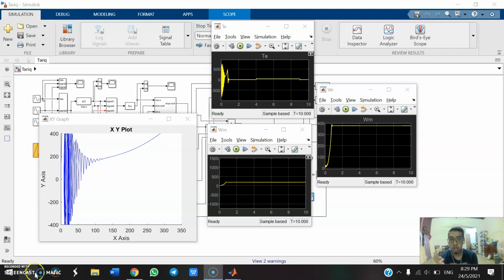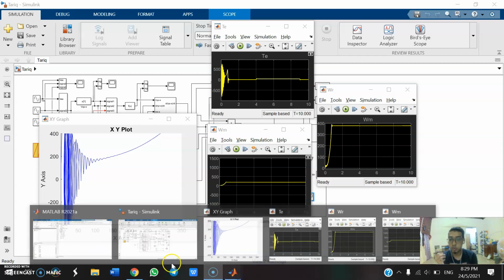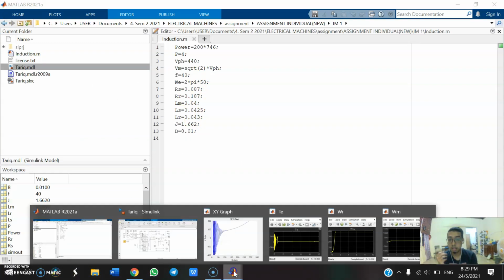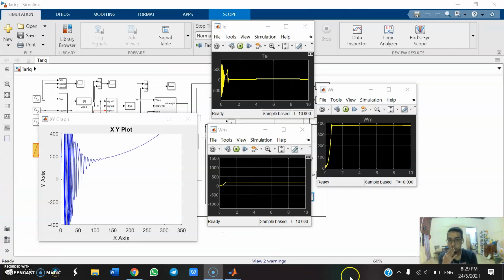And then RR from this one is the rotor resistor. If we change the number of poles and also frequency, also voltage, we use 440 for voltage, number of poles is 4, and frequency is 40 hertz. So the values will affect the shape of the graph and also the SY plot. It becomes